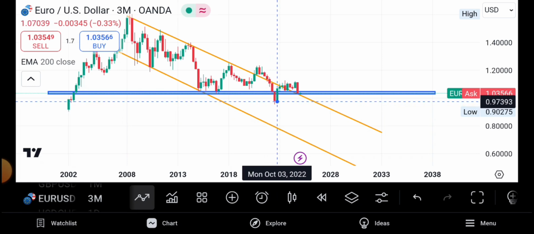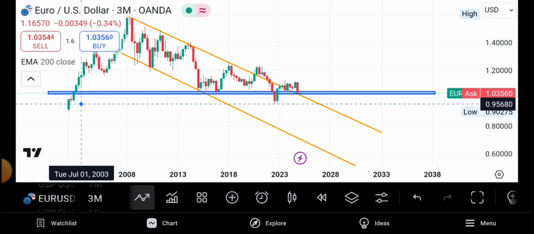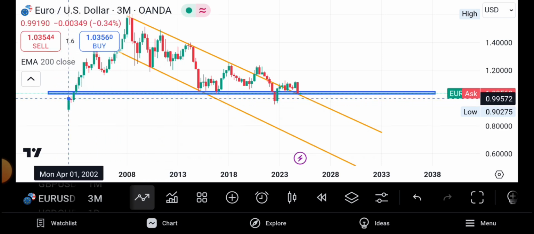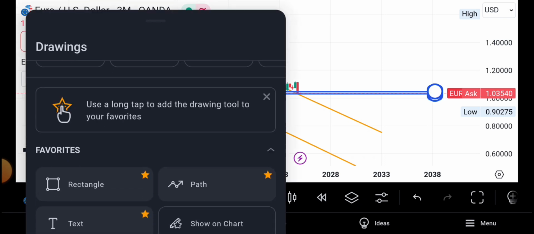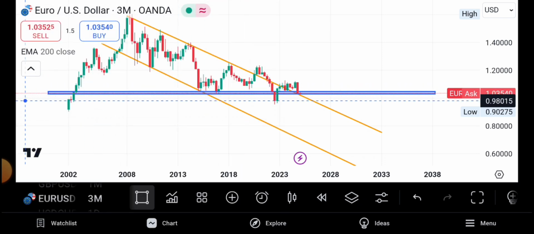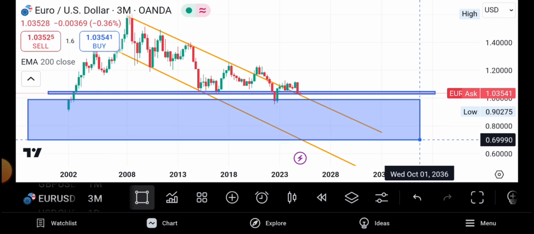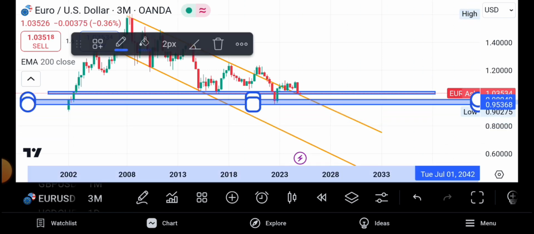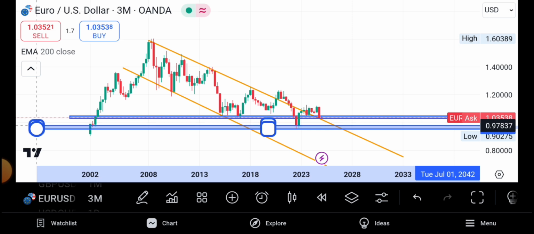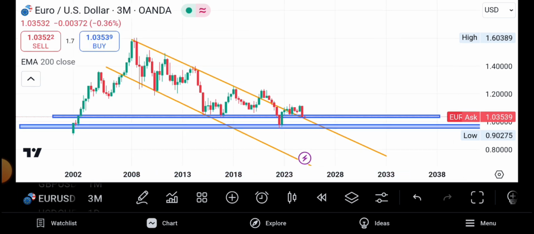If you go back to the left, you can see it. We had the power of a hidden candle. Can you see? This was a hidden candle here. I'm using Oanda. So you can see these two zones are very important. They are of significant value. So we can draw that zone also, so that we mark those two critical zones like that. Very good. Those are very important areas to mark.